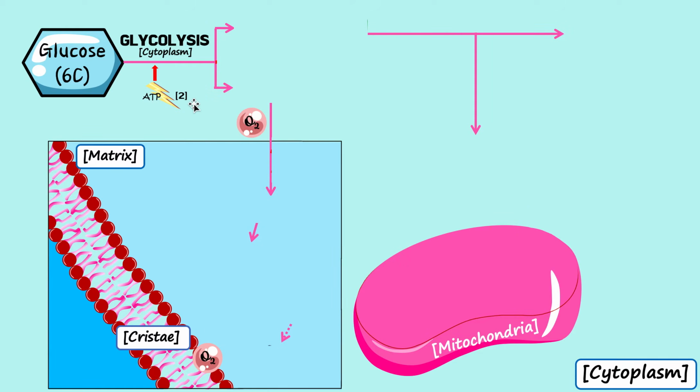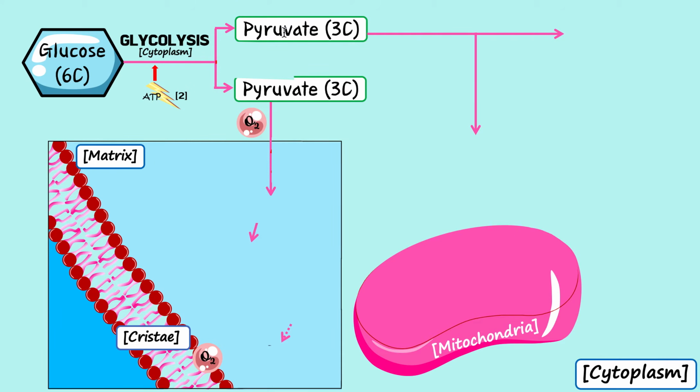So ATP is used to allow this reaction to happen, 2 ATPs. That's kind of weird. You're like, what? Aren't we trying to make ATP? But now the very first step, we're using ATP. It's weird, but bear with me because you'll see where all the ATP is made. So ATP is invested. We're investing 2 ATPs, and then that glucose splits into two 3-carbon molecules. That makes sense, right? Because glucose is 6 carbon, so if we split it by glycolysis into 2 molecules, those 2 molecules will be 3-carbon molecules.